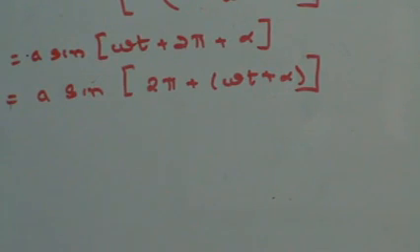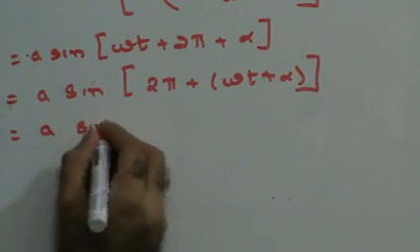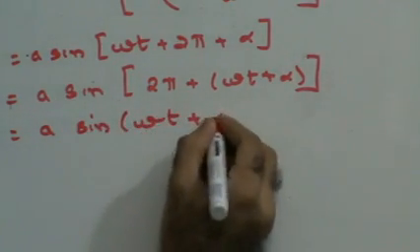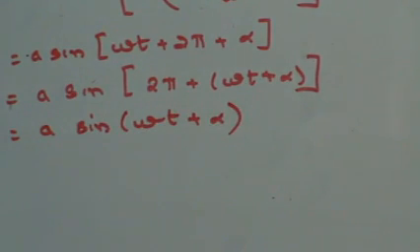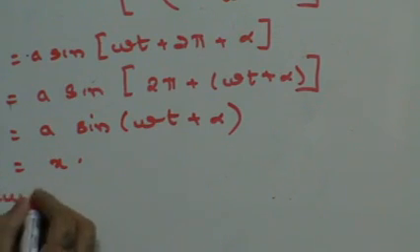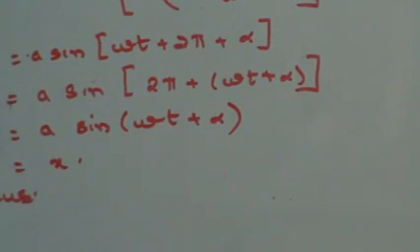Sine of 2 pi plus theta: first quadrant, allied angles. In the first quadrant the sine ratio is positive, and since it is 2 pi, the trigonometric ratio remains as it is. So this will be sine(omega t plus alpha). Using allied angles, x bar is equal to A sine(omega t plus alpha), which is nothing but x. Since x bar is equal to x after a time interval of 2 pi by omega,